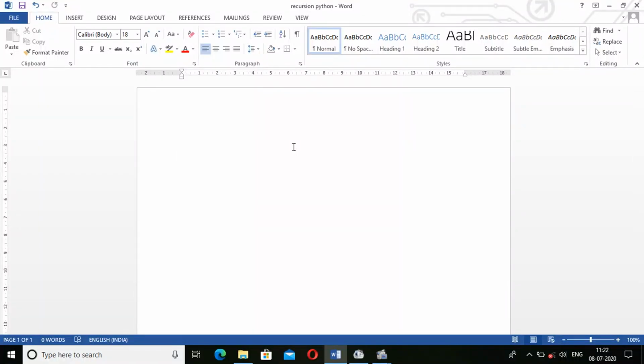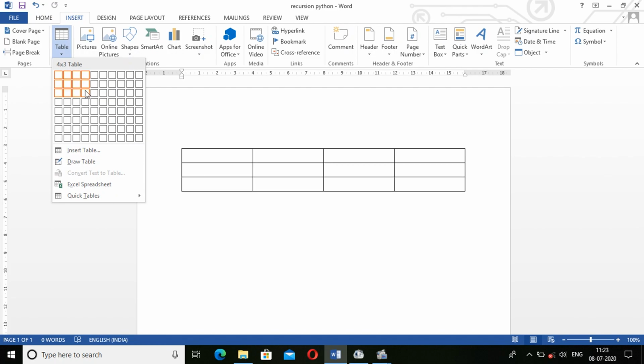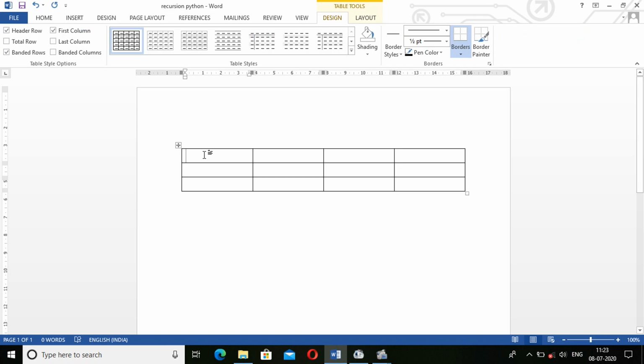The topic is, how can we write text inside a table? As I already said, whatever text we write, we write inside the cell. So let us insert a quick table so that we can write some data in it. We just go to Table, and we take 4 rows and 3 columns.